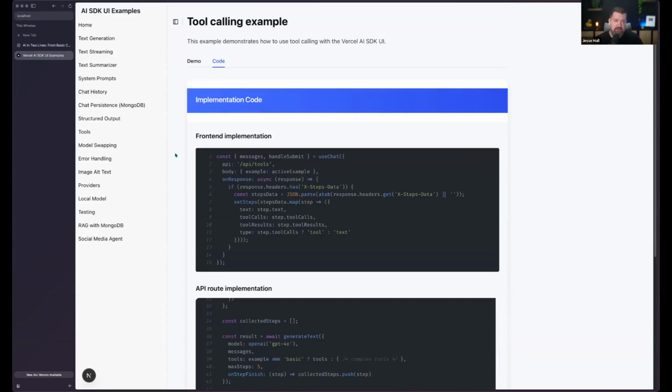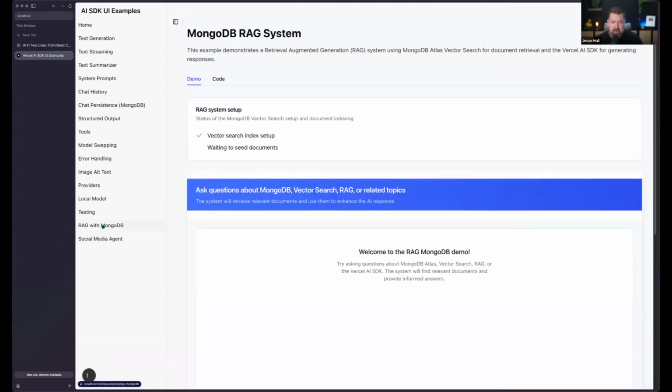Agentic applications allow you to use these various tools and allow the LLM to then decide which tool it wants to use. We'll get to the actual agentic example in just a minute. One of these tools could be RAG. So we talked about RAG before.